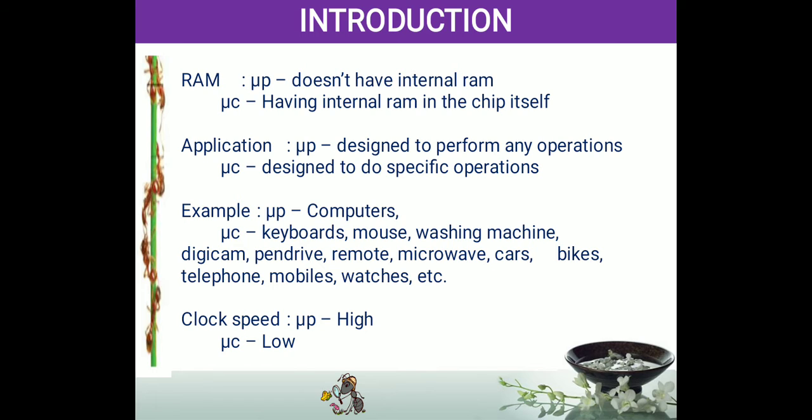For example, in the washing machine they will design it such that pin number 5 is meant for the tub cleaning. If you use the same controller in the air conditioner, pin 5 may be for setting the temperature of 24 degrees. So the same thing cannot be used for a different application.